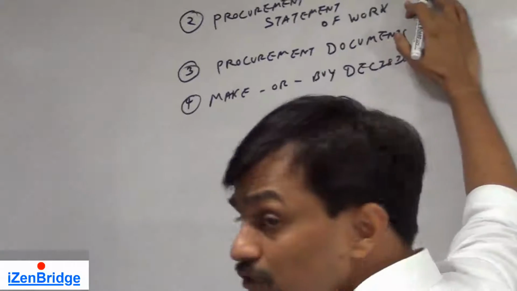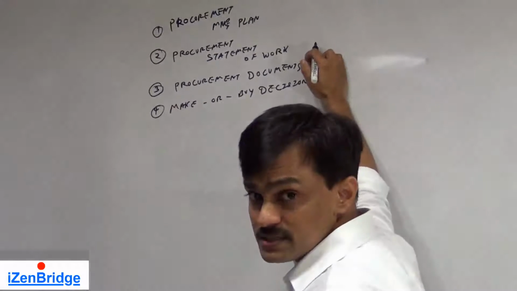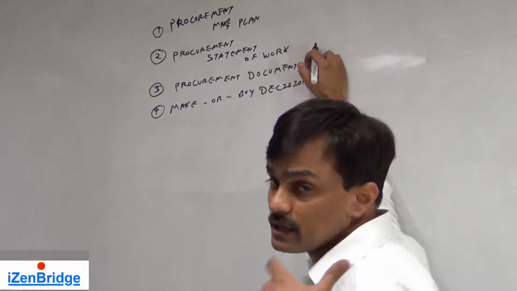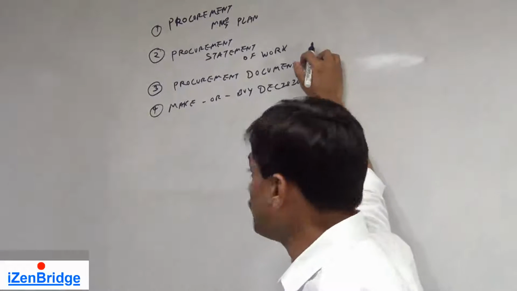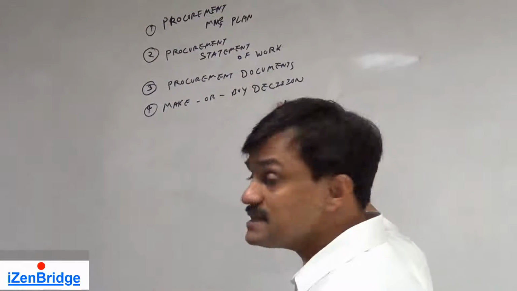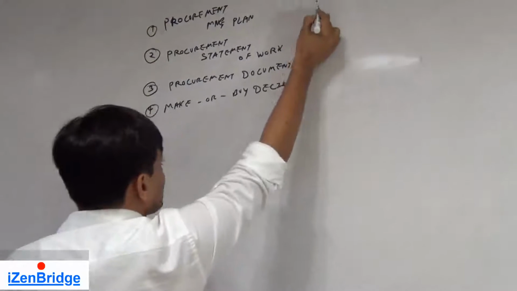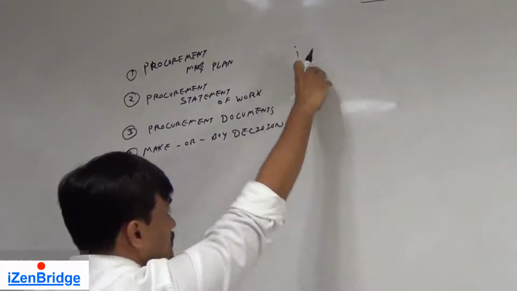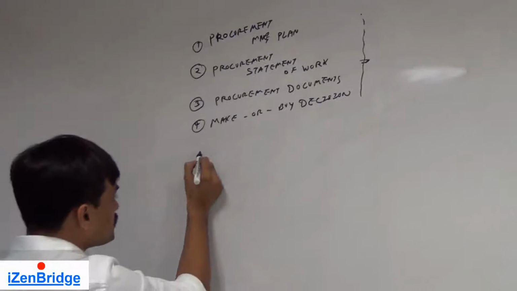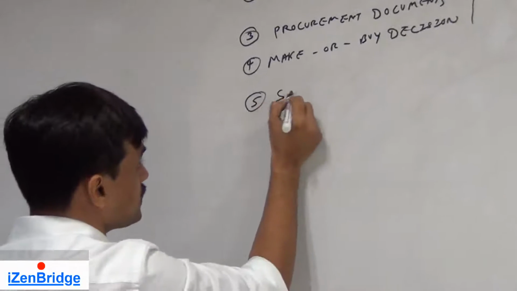Now the procurement statement of work tells us the amount of work which we have to outsource. Procurement documents give a format for request for proposal, quotation, invitation for bid, etc., whatever we want to use. The make or buy decision, coming from our plan procurement process, tells us, okay, these are the things we are planning to buy rather than making. So they tell us the statement of work and approach. Then once we publish this, we get seller responses, and that comes as another input.